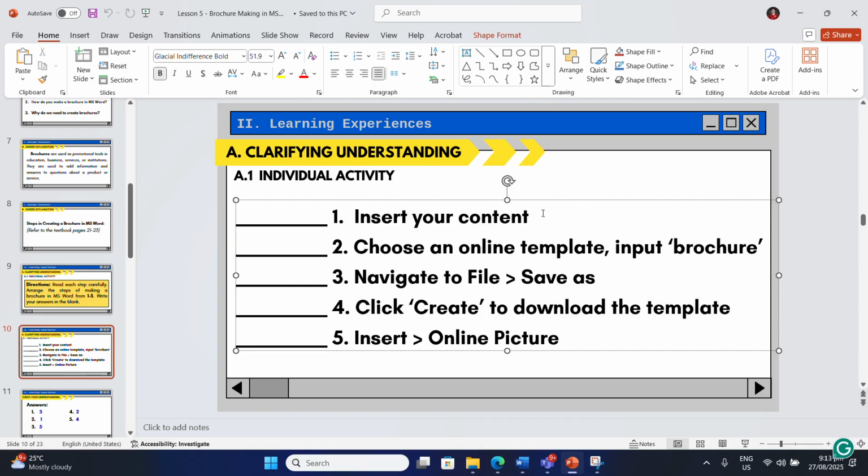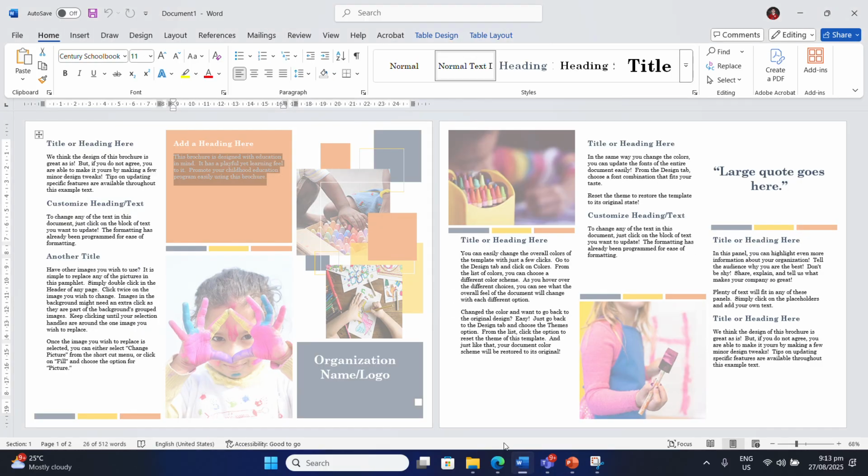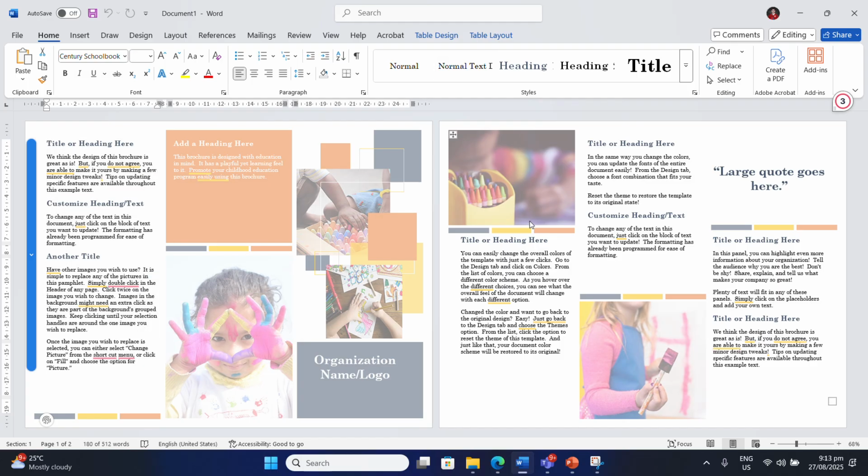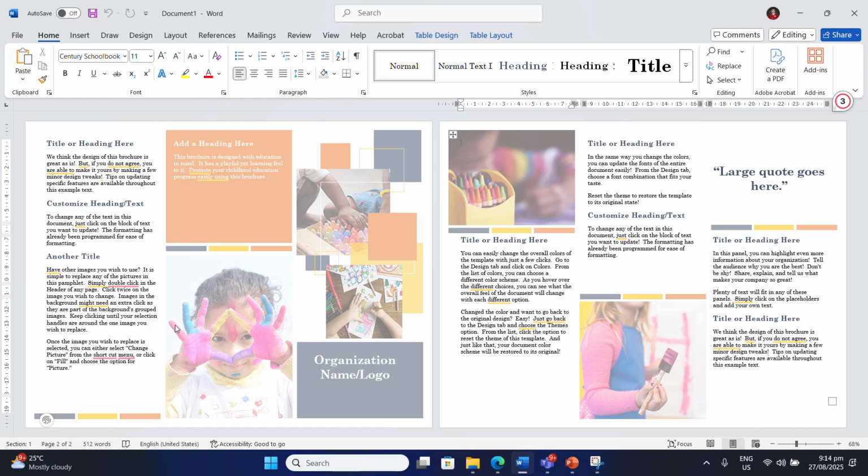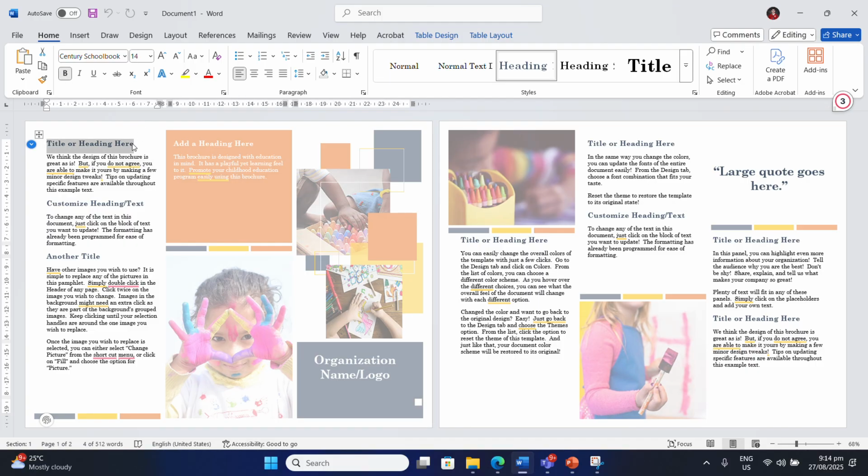So what is your promotional message to everyone, to your target audience? So you are going to place all of the information here. These are what we call the content of the brochure. In this case, we have here a picture of a kid with colorful pictures, which might tell us that something is about art, right? So you can place here your content about a child doing art, or what is art, right? How do you do art? So you can add some content.